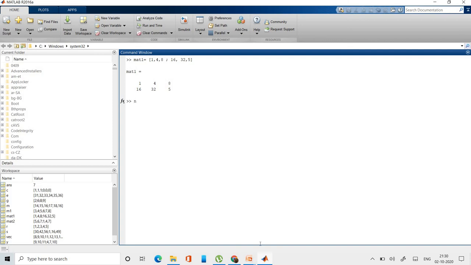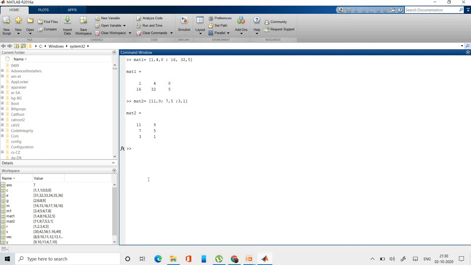Now let's see mat 2. Mat 2 is equal to 11 comma 9 semicolon 7 comma 5, again use a semicolon, 3 comma 1.